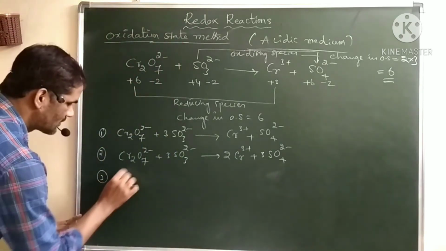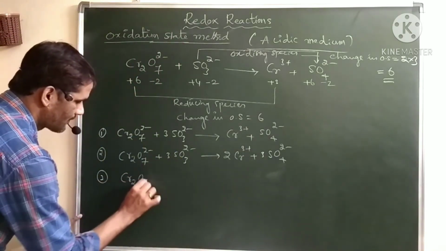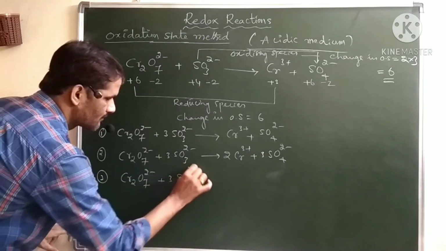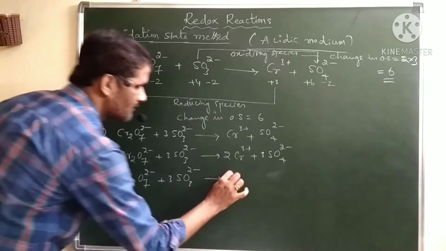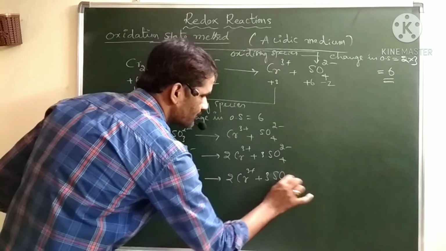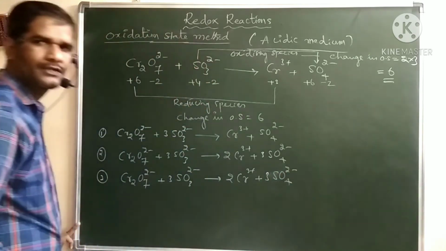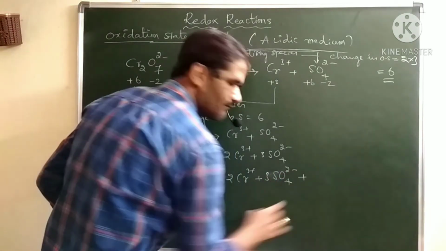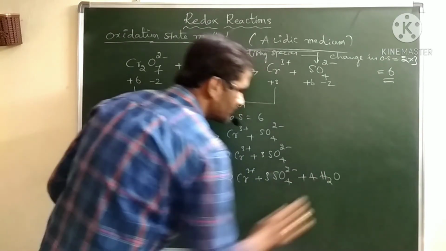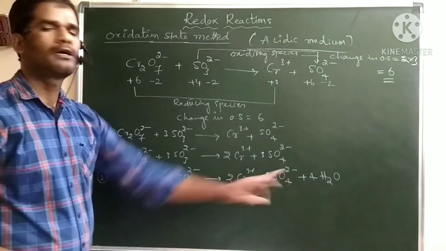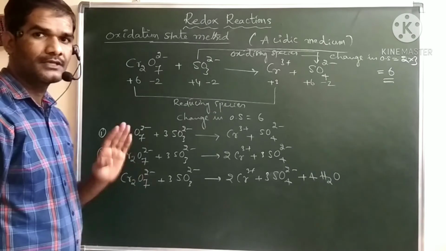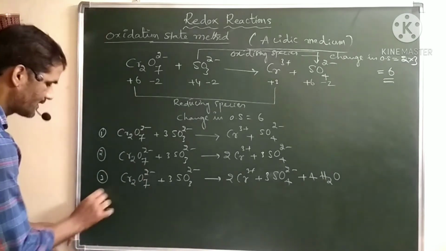So I will take it in the third step. So this part is as it is. So extra, what we are doing to balance the oxygen, now I am adding 4 water molecules. Why? Because 4 oxygens are less in the product side. Now oxygens are balanced. Now what is the fourth step? That is the last step in the acidic medium.